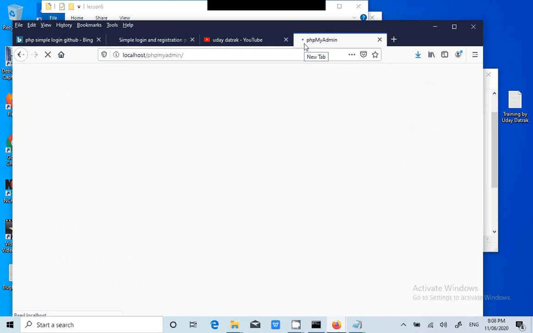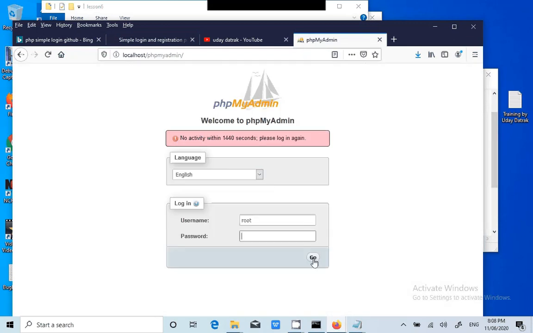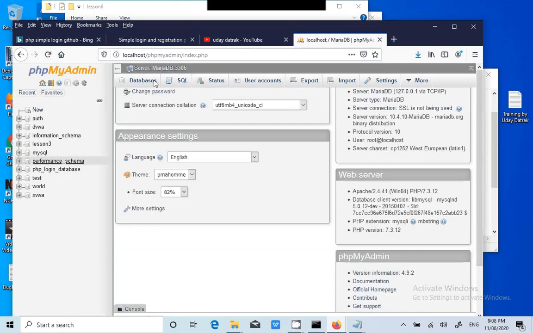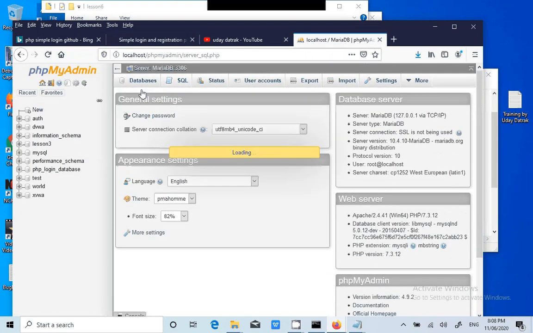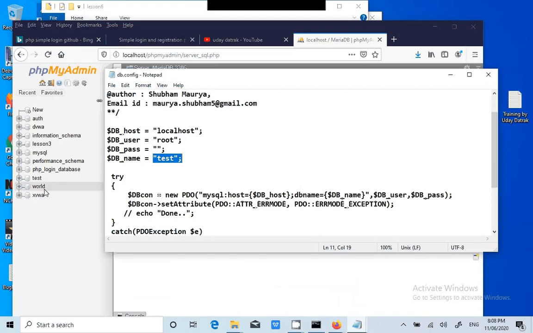This is not my application code guys, so I'm just downloading the open source code. We have the database here called test. We already have it. Let's see what it has.